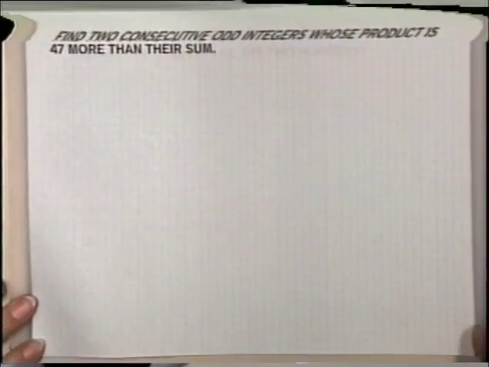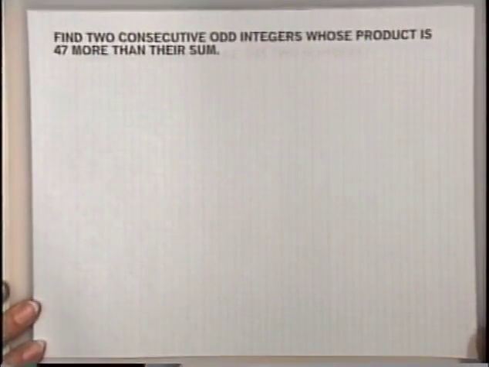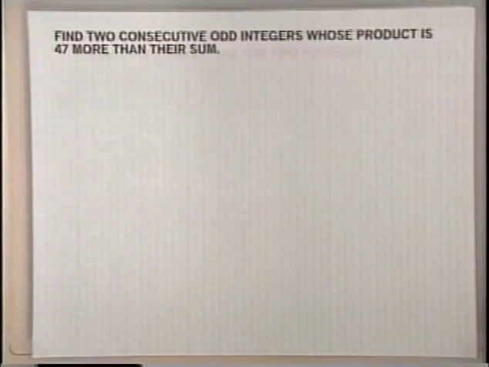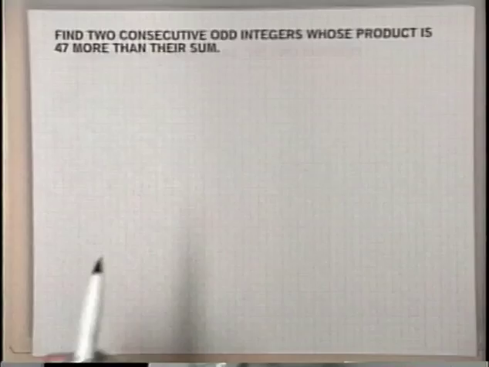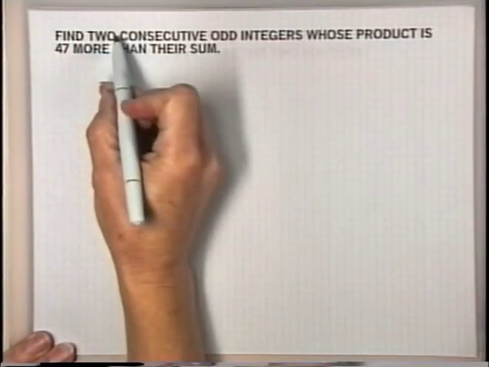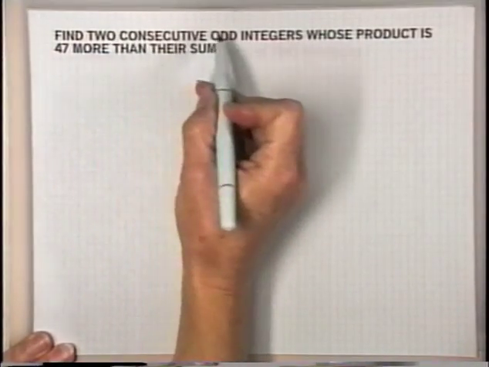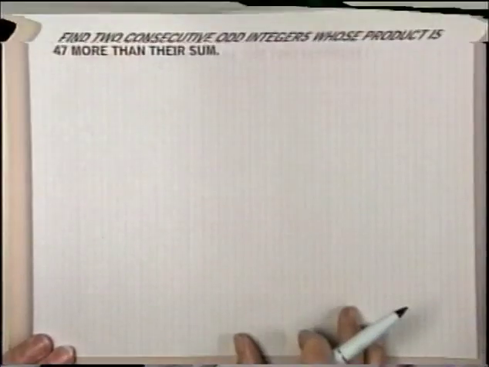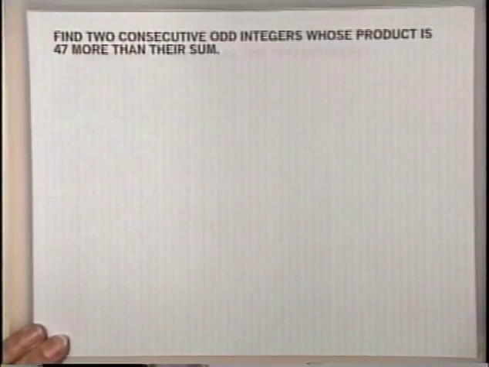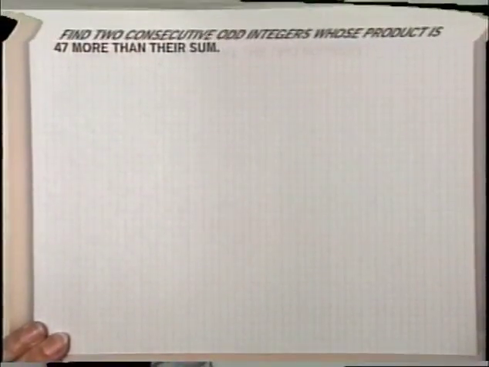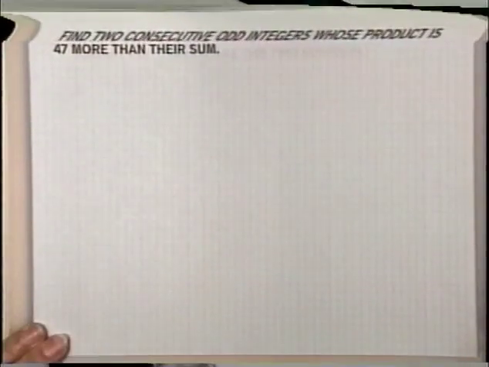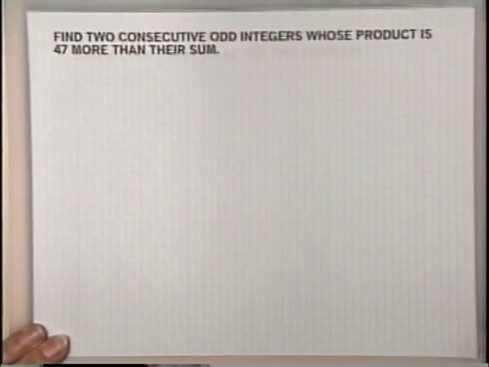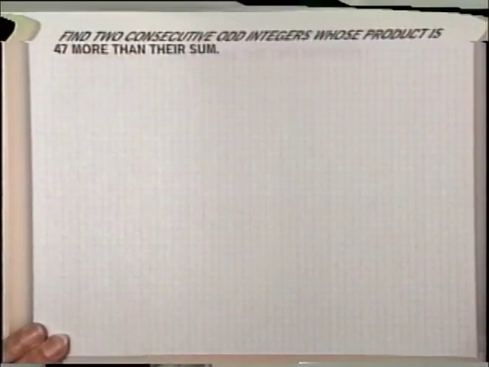Find 2 consecutive odd integers whose product is 47 more than their sum. Notice here we are to find 2 consecutive odd integers. Now, remember, consecutive odd integers would be, for example, 3 and 5 or 7 and 9. To move from one odd number to the next consecutive odd number, you would have to add 2 to the